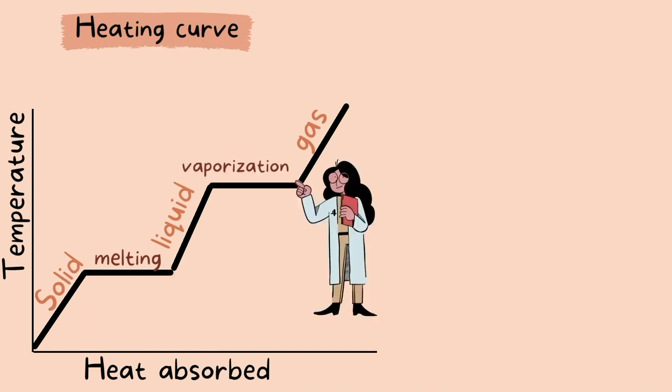As we go from a liquid to a gas, in other words, vaporization, the molecules are absorbing even more heat and the temperature is increasing even more. This creates a sort of expansion and the molecules spread out even further from each other, and they're basically able to move more freely and even more quickly than a liquid. Because the molecules are moving so quickly here, in a gas, the kinetic energy is very high.